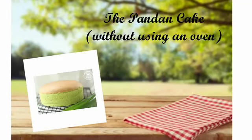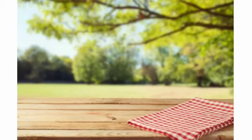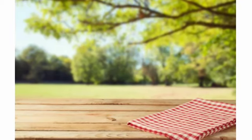So for today's video, I'm gonna show you a very simple recipe, but before that I want to highlight the most important process in the making of this pandan cake, which is